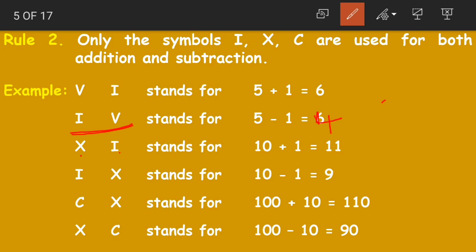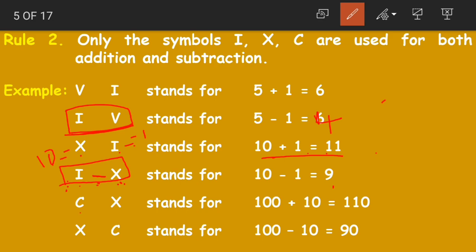Next is XI. Again X is equal to 10, I is equal to 1. Now 10 plus 1 is equal to 11. Right? Now again IX. Now this is the lesser one and this is the greater one. So we have to subtract: X minus I, that is 10 minus 1, is equal to 9. Understood, children? Just like IV, we are having IX here.